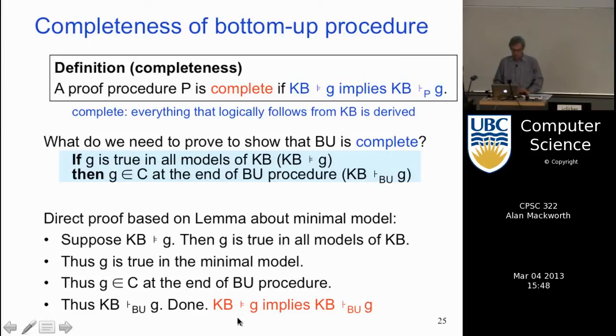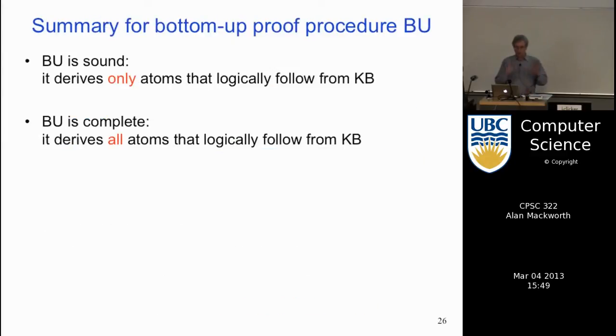Okay? So if G logically follows from the knowledge base, G is derivable. So it's sound and complete. We can replace semantic checking for these theories with bottom-up proving. And that's a huge win because bottom-up is much more efficient. It's linear, basically, as opposed to exponential for the semantic checking. Okay, so this is a huge win. We only have to do it once. Thank God you only have to sit through these proofs once.